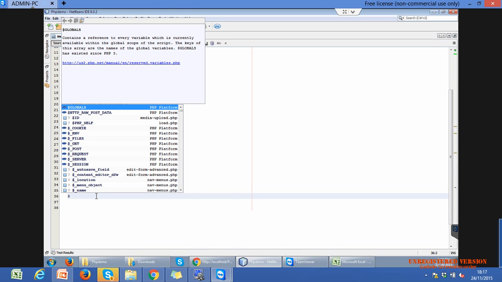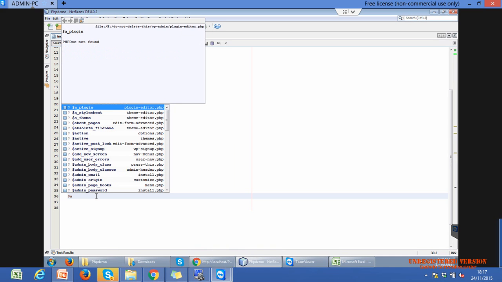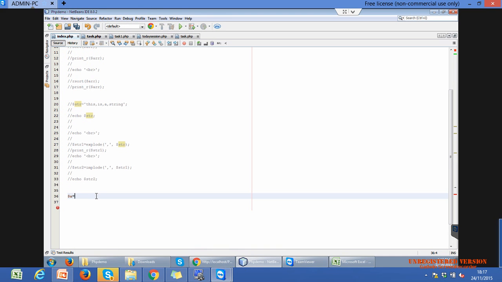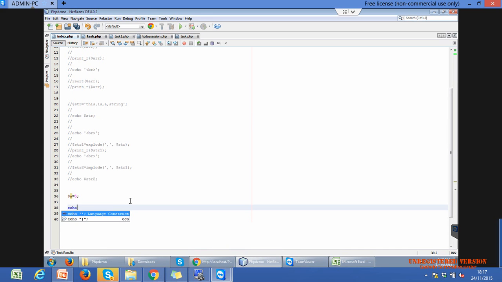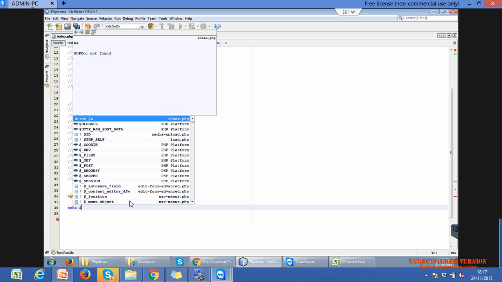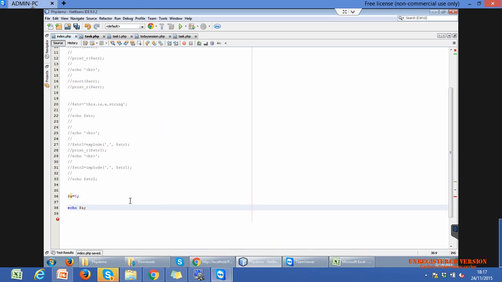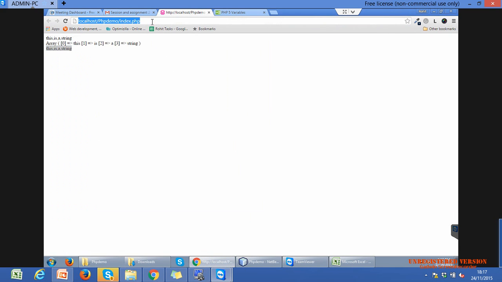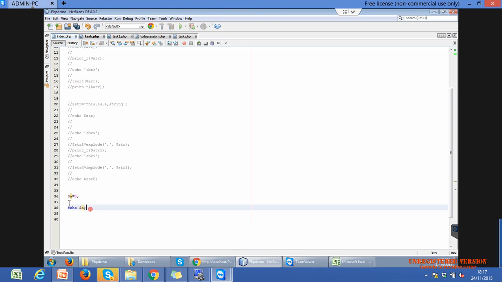If we declare a variable, let's say $a equals 5, we declare and assign $a with 5. It's simple, it just prints the 5. If we use this echo before that,